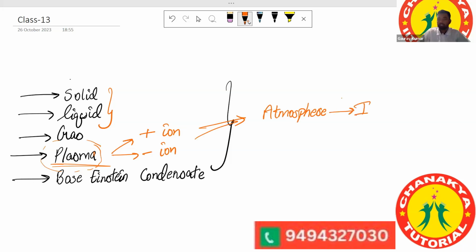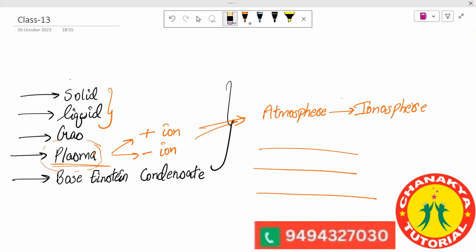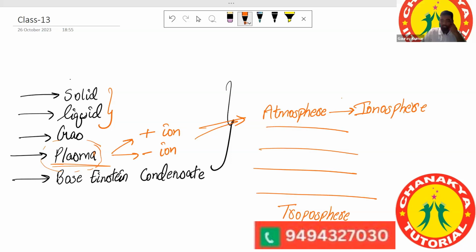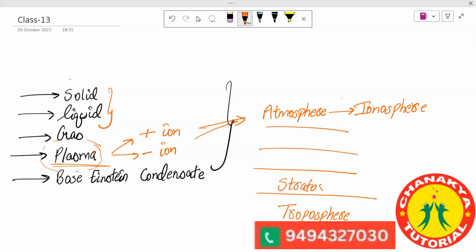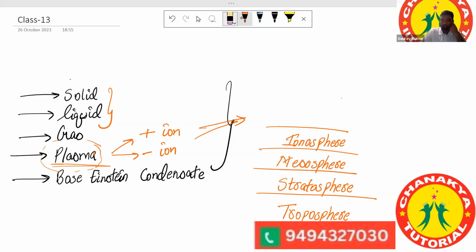Atmosphere has ionosphere. Okay, can you tell me what are the different layers of atmosphere? Sir, troposphere, stratosphere, mesosphere, thermosphere, and exosphere. Okay, troposphere. Stratosphere, ozone is there in that layer. Mesosphere. So there's also thermosphere. Ionosphere between stratosphere and mesosphere? That's not a layer of atmosphere. Sir, in thermosphere there's ionosphere. Oh, okay. There is finally exosphere.